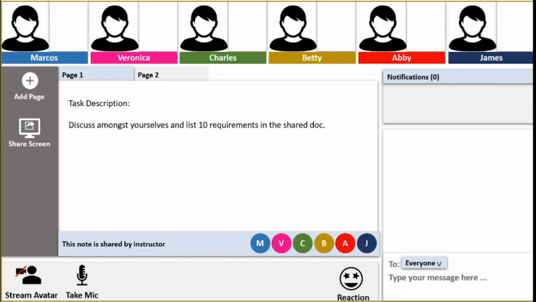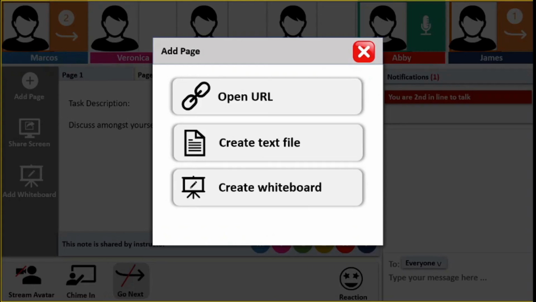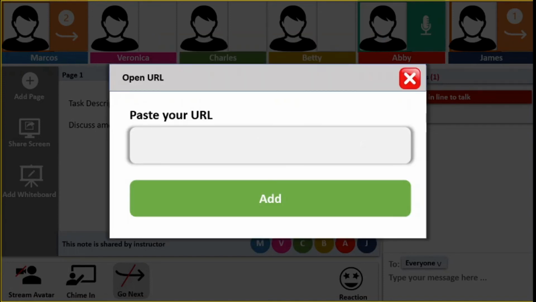Now, if you click the Add Page button, you will see these options where you can open an URL as a notebook page, create a text file, or create a whiteboard. If you click on Open URL button, you will see this panel where you can paste the URL and add it. Note that if this is a URL for Google Doc and you create a page using this link, it